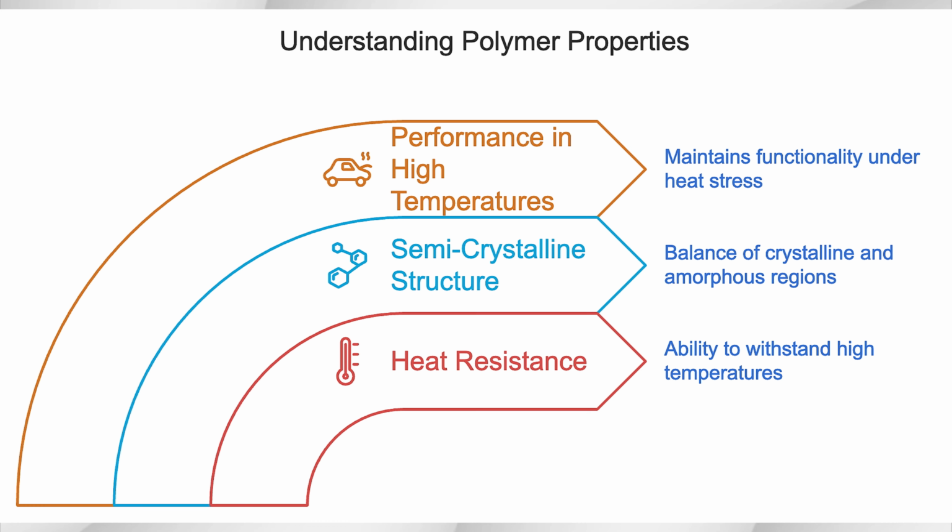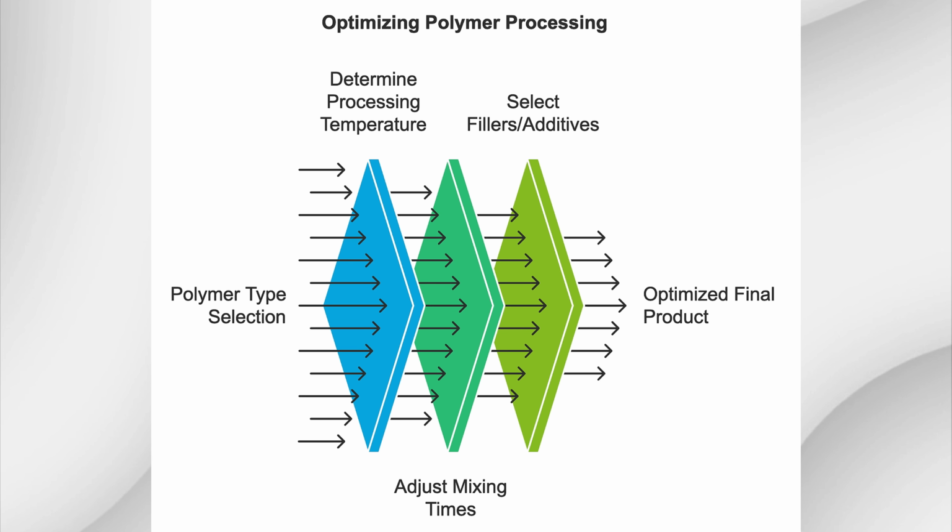Heat resistance, especially in applications exposed to high temperatures such as automotive parts or seals. A polymer with semi-crystalline properties like EPDM can maintain its performance better than a fully amorphous polymer. Processing adjustments, because understanding whether a polymer is crystalline or amorphous helps you decide the processing temperature, mixing times, and the types of filler or additives that can be used to optimize the final